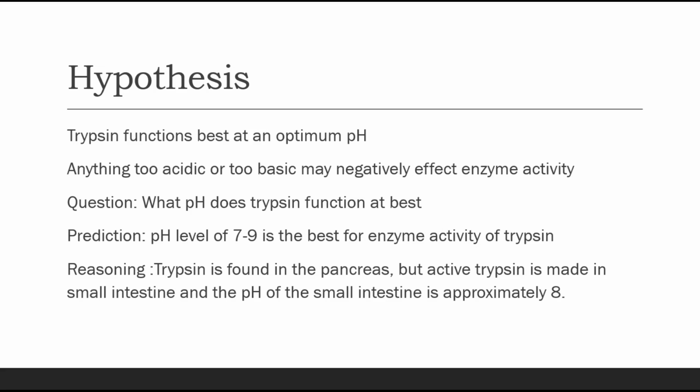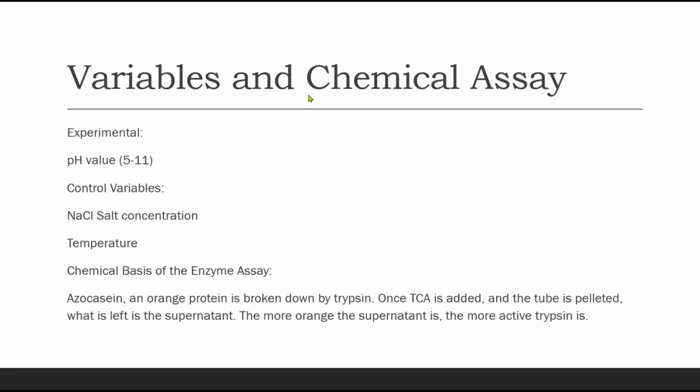The reasoning behind this is that trypsin is found in the pancreas. However, active trypsin is made in the small intestine, and the pH of the small intestine is approximately 8. So variables. My experimental variable was pH value, pH 5 to pH 11, while my control variables were salt concentration